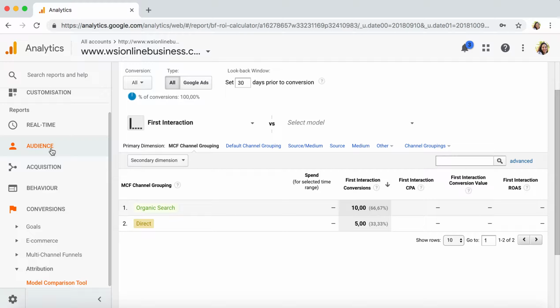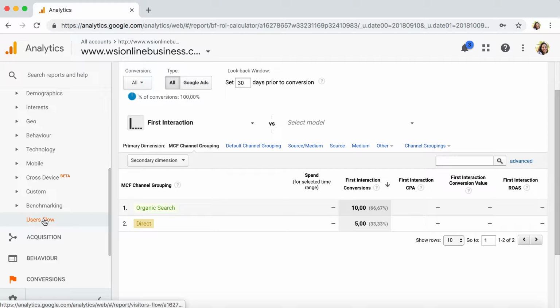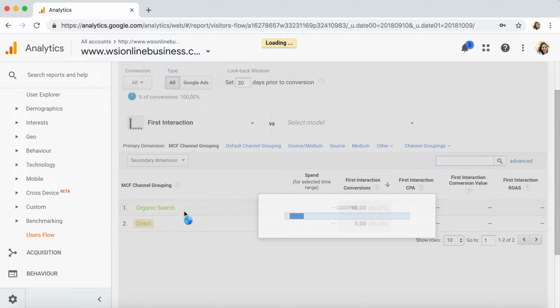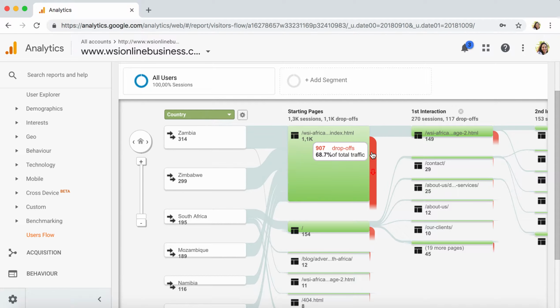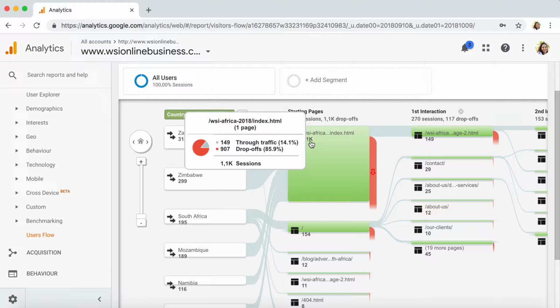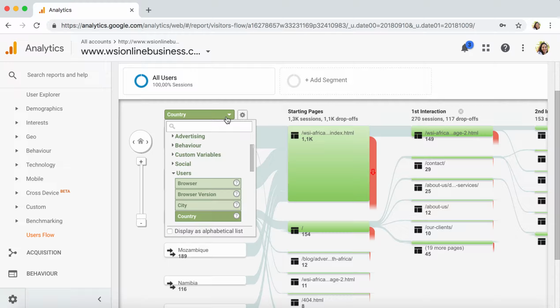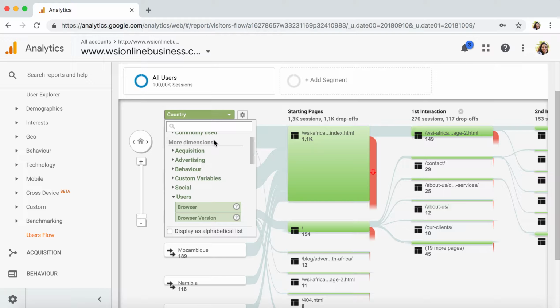The last thing I quickly want to show you is something that you can have some fun playing around with. Underneath audience, there's a tab called user flow. And if you have a look here, this is a really nice little graph that can show you how people came to the site and where they went. So what landing page did they land on and then where did they come off? And you can change this from, so at the moment it's set to country, we can change this to different metrics